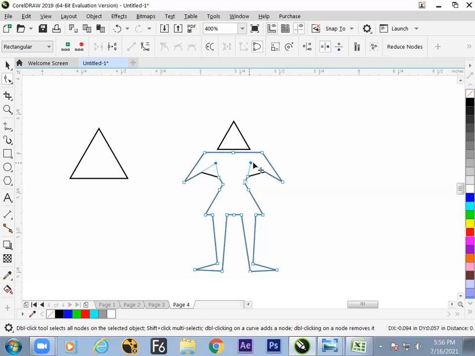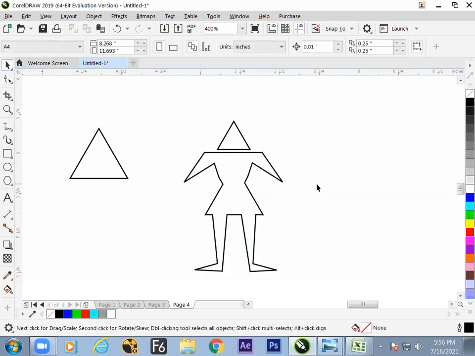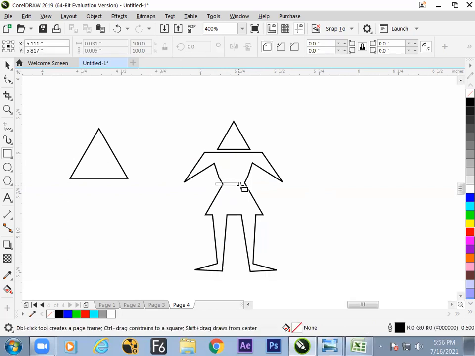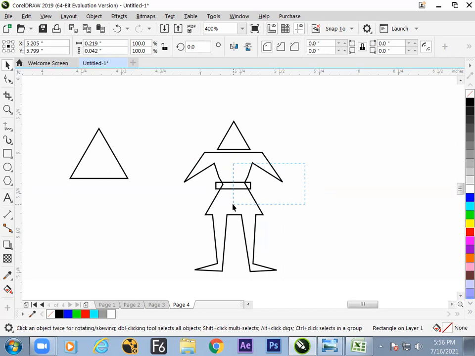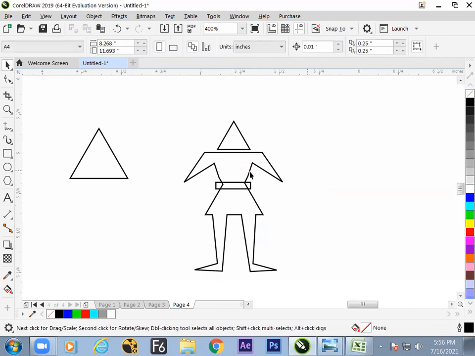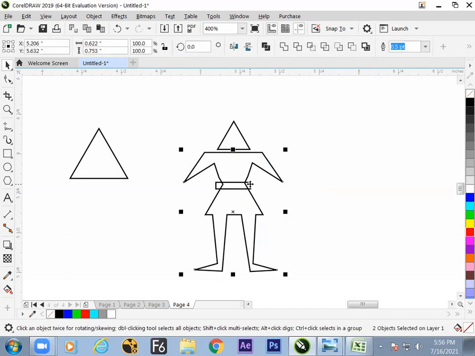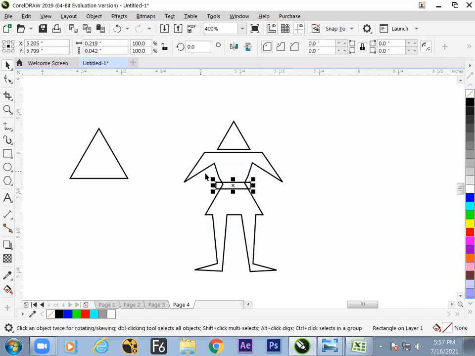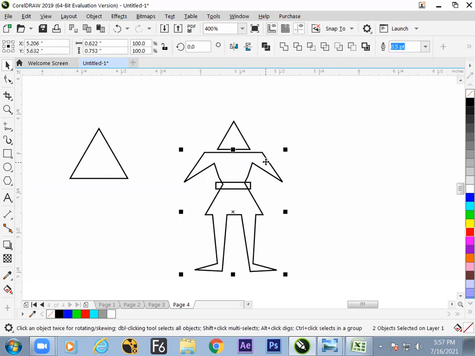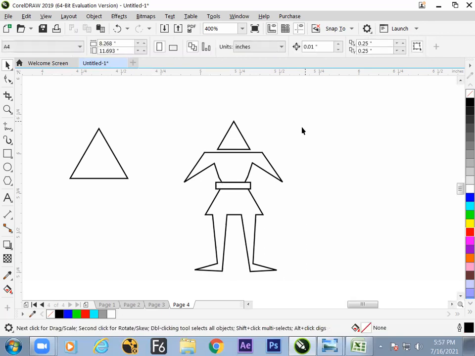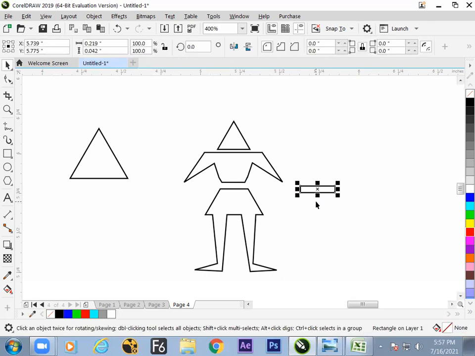Hope it is clear now how to add the structures. Is it clear? Now it's the time to get a cut. So how to make a cut? Now select these two and go for what? Trimming. Go for what? Trimming. Select these two. Now it is trimmed up.